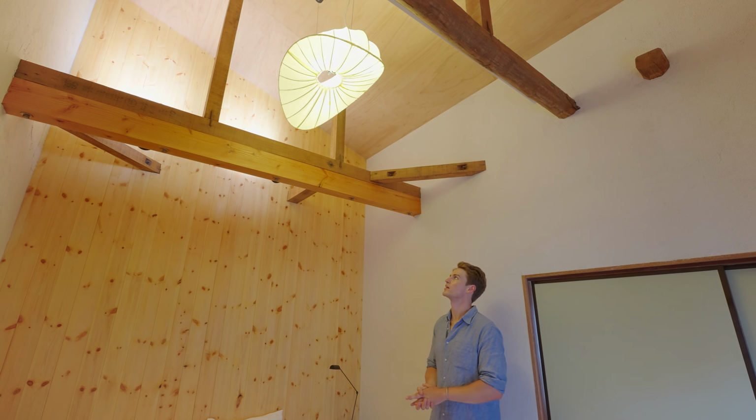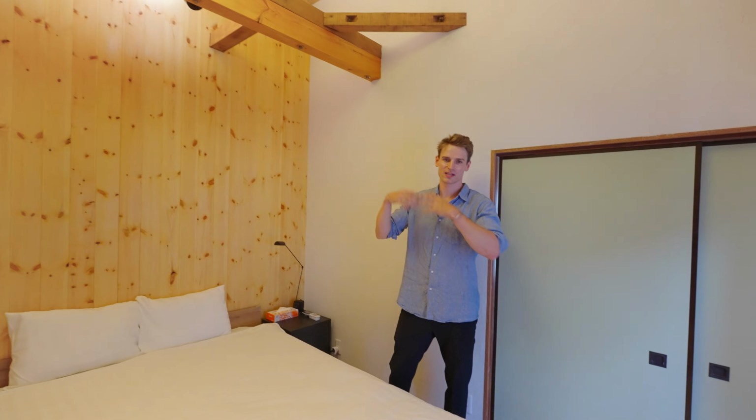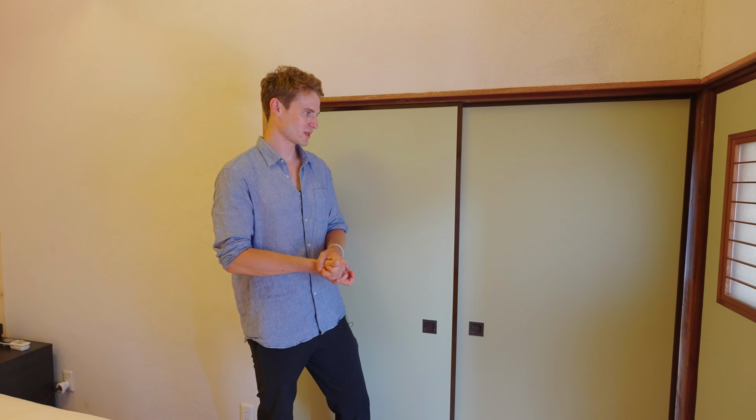White lights are very common in Japanese homes and I don't like it. I love sunlight, I love natural light, I love wood, I love white colors, I love bright colors. And we're not using a lot of dark colors here. My local tatami guy and I were discussing for a long time what color these doors would look good in. And I think this greenish, mint-ish, it's very, very subtle, but I still think it looks really good on top